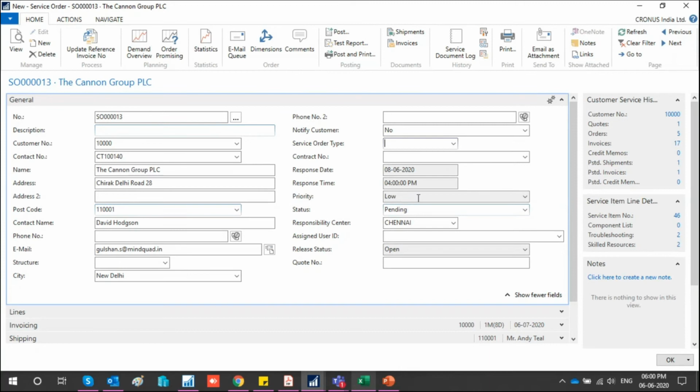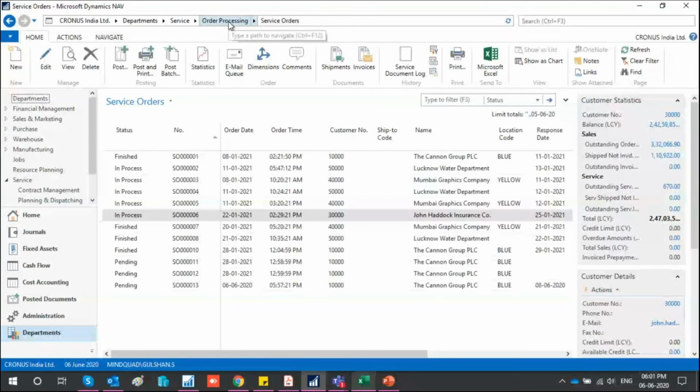Now the response date and time automatically got filled because this is already tagged in the service item group, so it automatically got filled. It has the priority low in the service item, so all these things come from the service item straightforward. Now, so I have booked my service order. Now I want to assign it to a particular resource. What I need to do is, you remember the service order number is 13, so now I'll close it. Now the second part, like we say in ACE project, the task is created, it is in to do. Now I have to assign it to a particular resource.